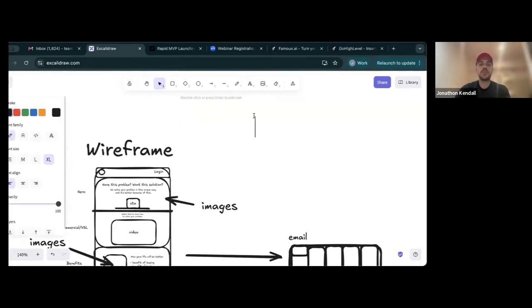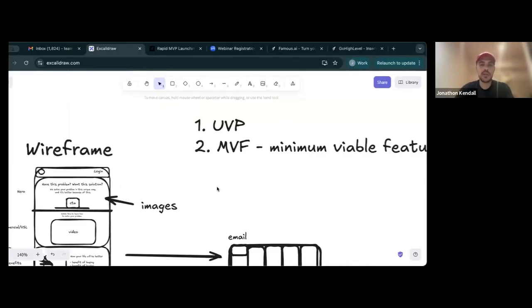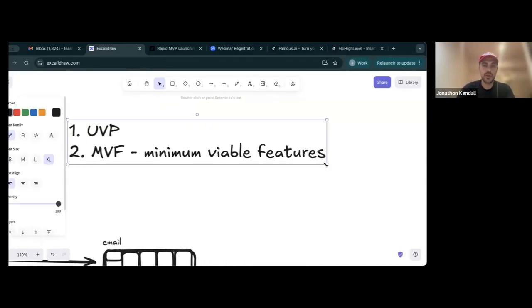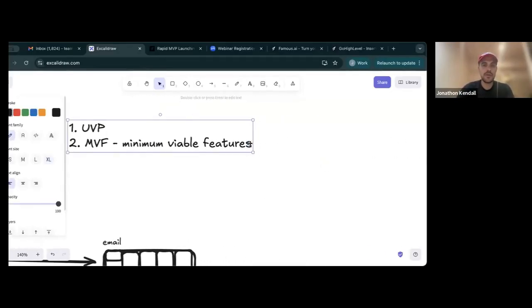So now, you've heard me say this before, the first thing you need to do is you need to have your unique value proposition. You need to put that into a minimum viable feature. You guys have heard me say that, minimum viable feature. So that's the thing, the reason why it exists. What's the difference between you and all the main competitors? Why are you better? To a minimum viable feature.